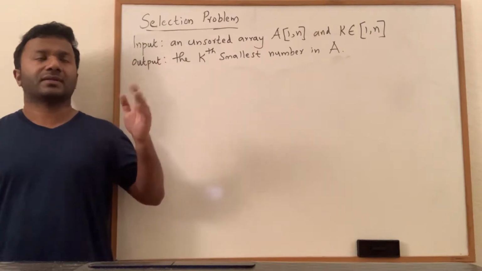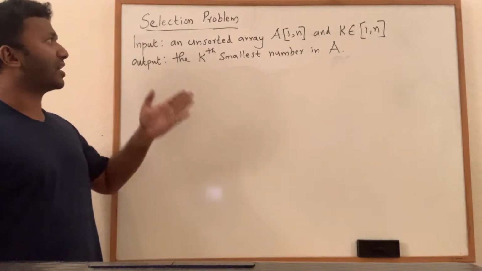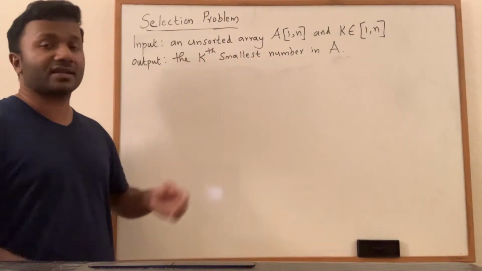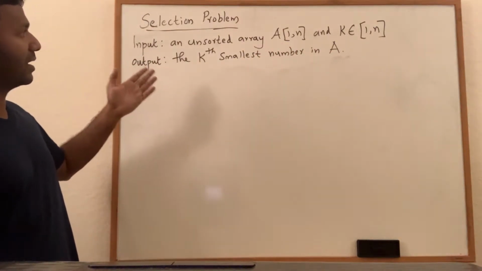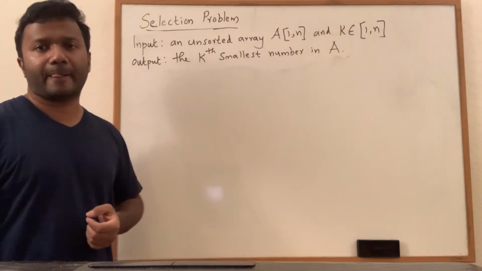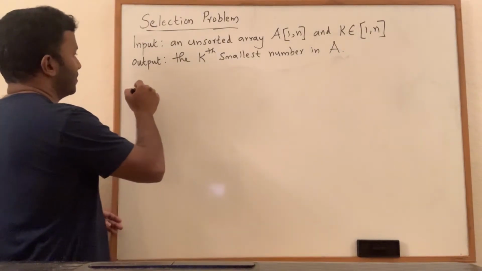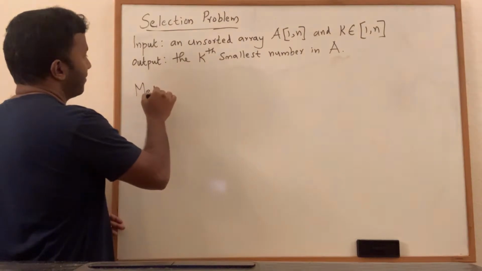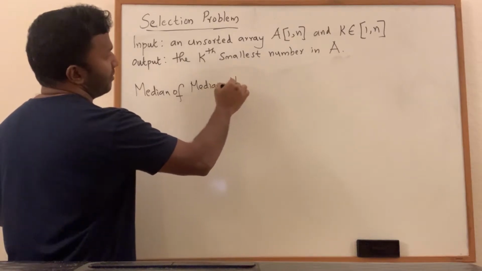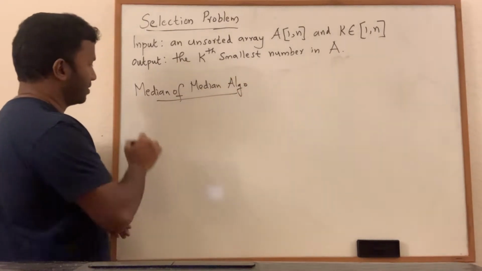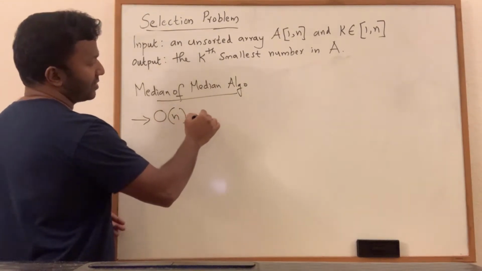Alright, so our topic is the selection problem, which we have seen already, where the input is an array of n numbers, the array is unsorted, and also an integer k between 1 and n, and we should find the kth smallest number in A. So this is a problem, and we already saw a nice solution for this, which was the median of medians algorithm, right, which could solve this in linear time, that is big O of n, which is already optimal,